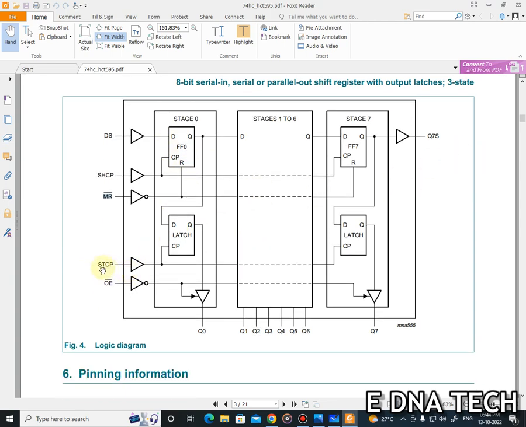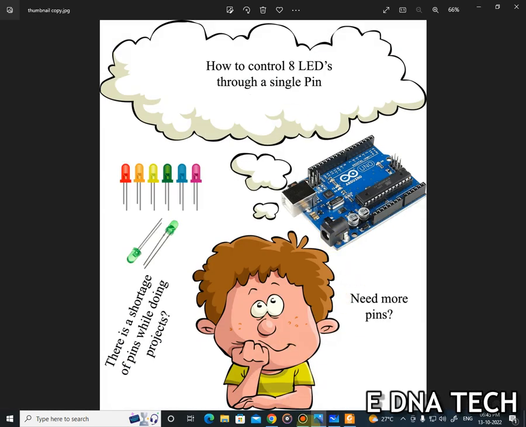STCP is a clock pulse for the storage register. Only when the 1 is given, then it will output the latch. So here you can see only when the clock pulse is 1, the Q will be sent here, and then if you want to see the value in Q0, then you need to give an output enable value of 0 here. If you give 0, then it will become 1, and it will enable this tri-state logic. Tri-state logic is nothing but